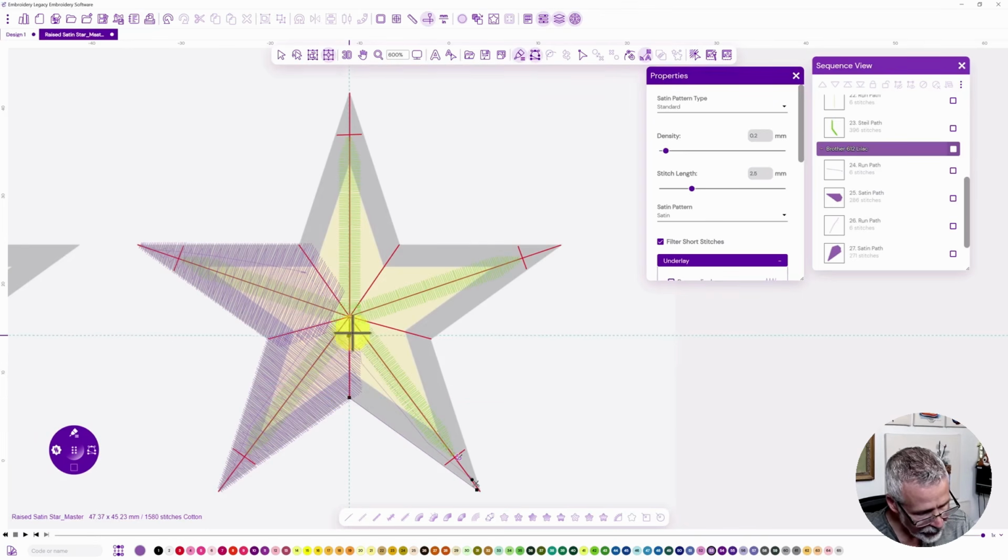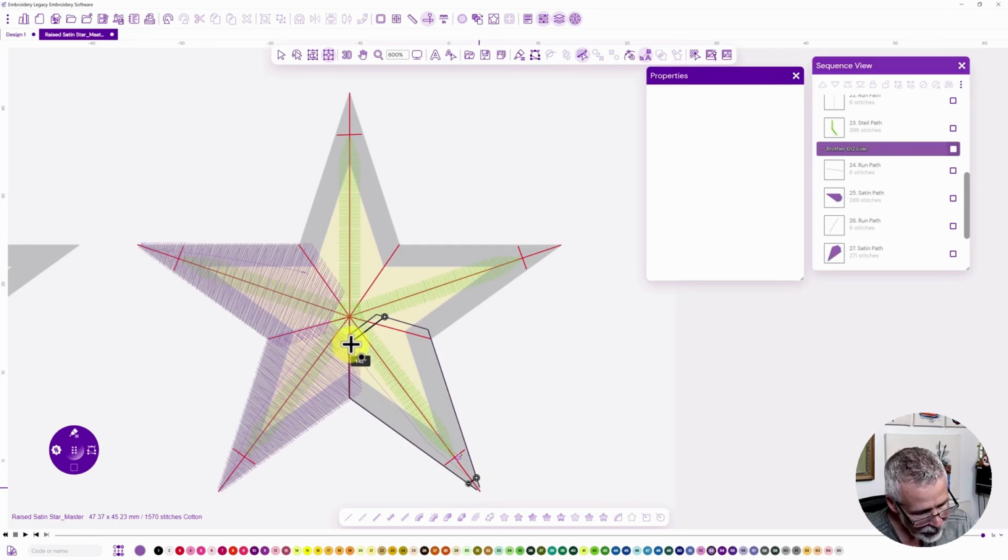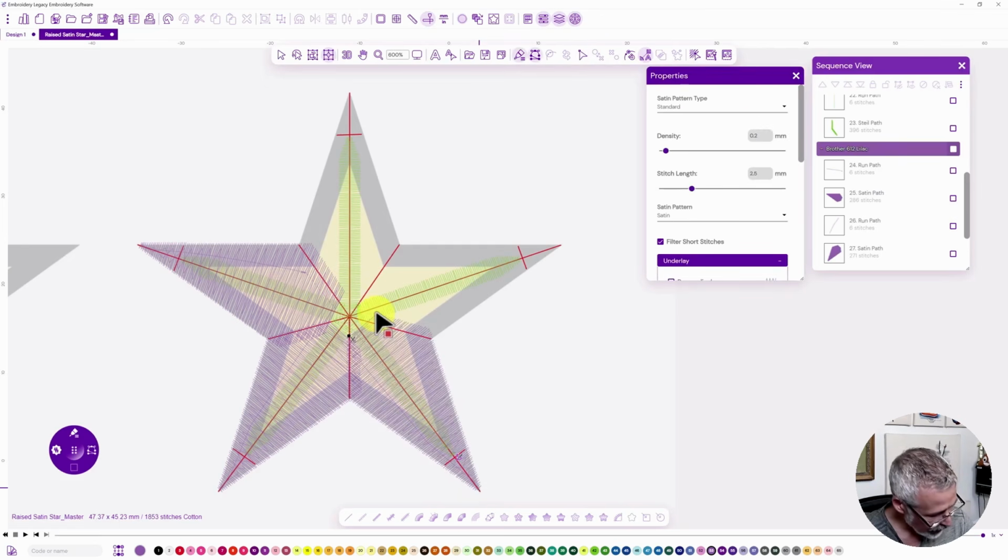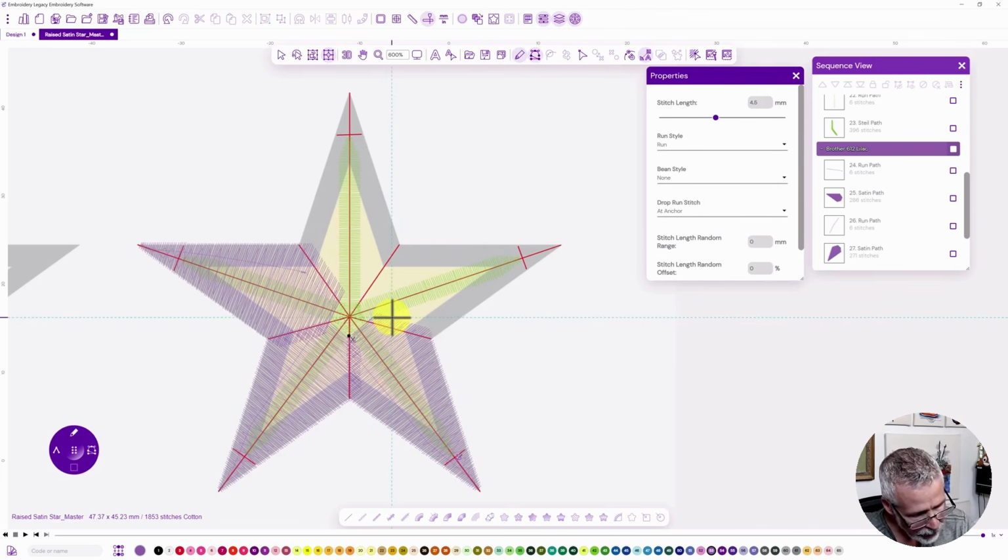Again, coming over here, exaggerating past the line ever so slightly. Then here I'm going to come straight up, make sure it is exaggerating on the one side. Inclination, inclination, make sure they're nice and straight. Start and stop. And then I'm going to go back to a run, come over here, go to this side,